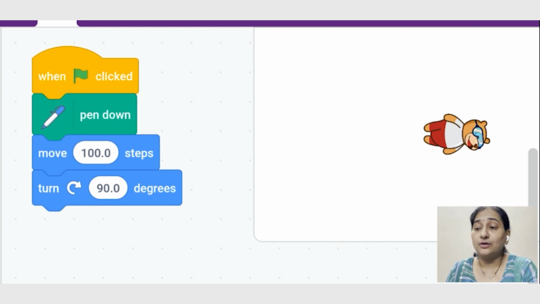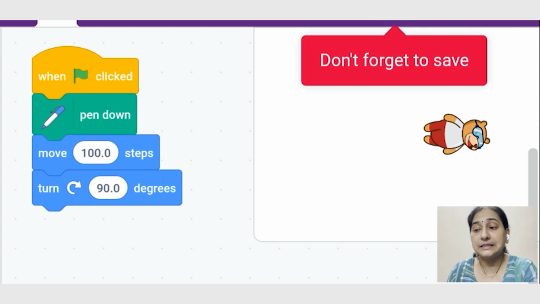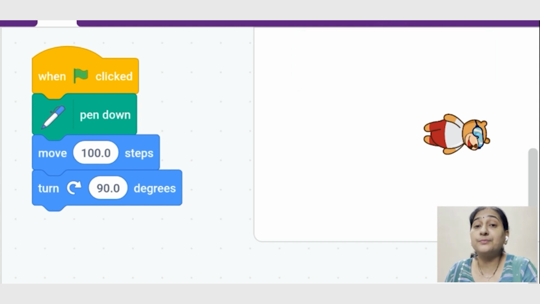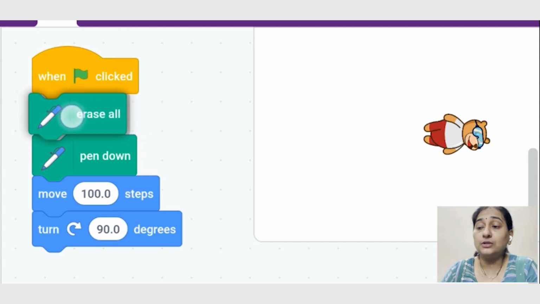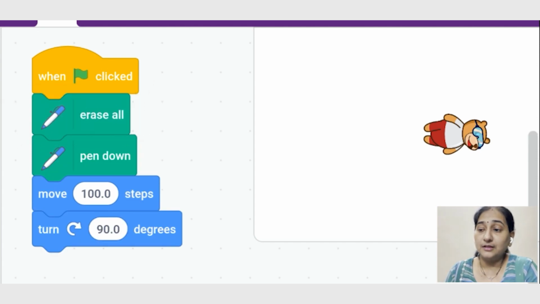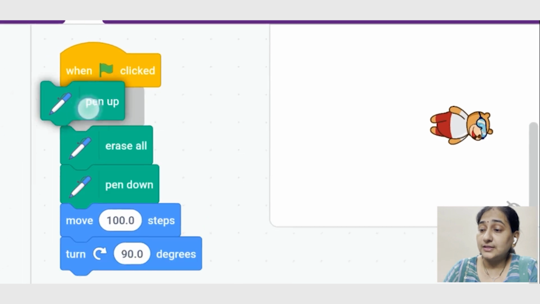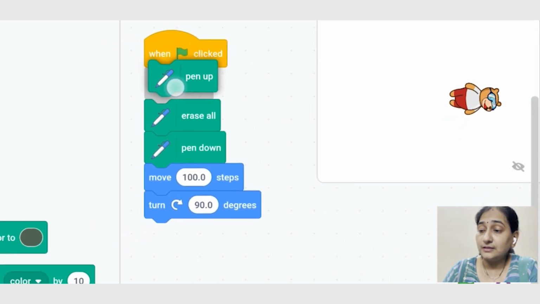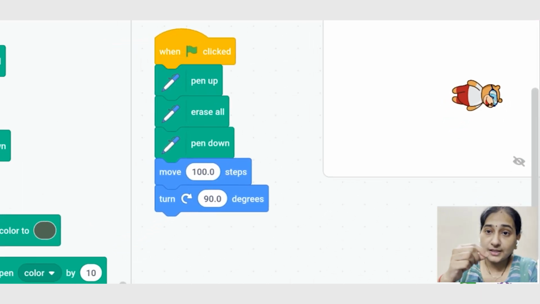Before this, always remember we need to follow a clean slate. If we do not follow a clean slate, what will happen? Whatever is previously written, we would be overwriting onto it. So it's always a good practice to follow the clean slate principle. So before we start, pen up. Pen up means what? Just as you're writing, right? If you do the pen up, will you be able to write? No, right? So similarly, you're stopping the writing process when you say pen up.